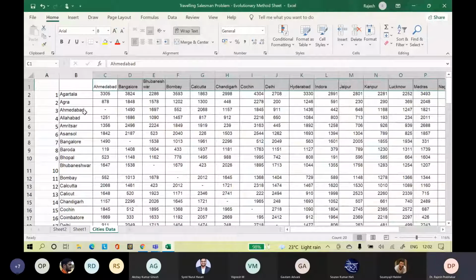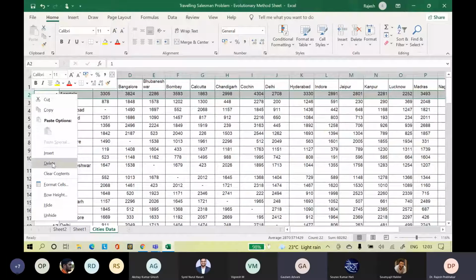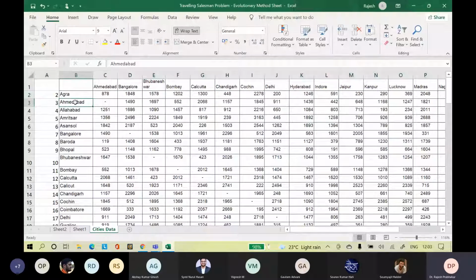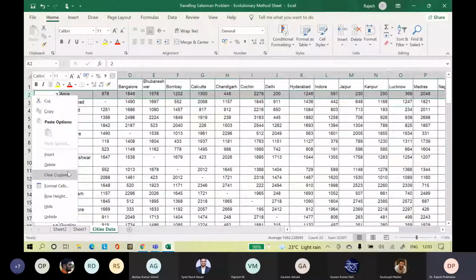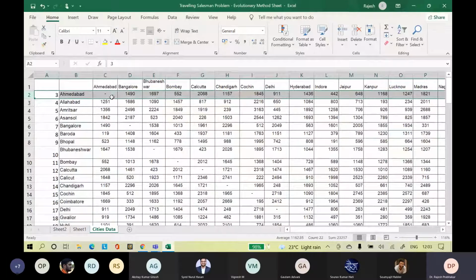So what we will do is, we will make some changes to this thing. We don't have Agra, right? We don't have Agartala first. No, sir. So we will delete Agartala column. Then we don't have Agra also. We delete the Agra column. Then we have Ahmedabad to Ahmedabad, Ahmedabad to Bangalore.